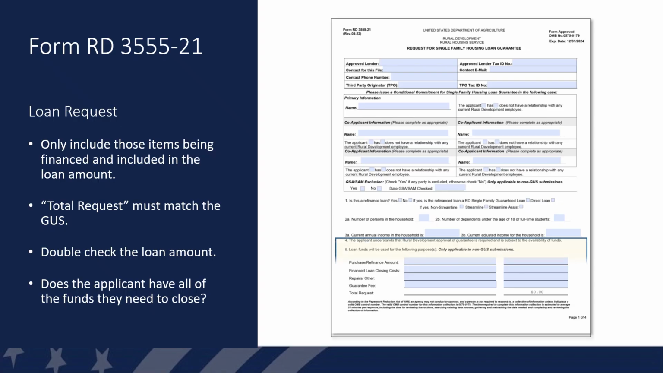The bottom section of page 1 breaks down the total loan request. Note that this section 5 is only required for non-GUS submissions. Only include those items being financed and included in the loan amount. For example, if the applicant is not financing any portion of the upfront guarantee fee, do not include any portion